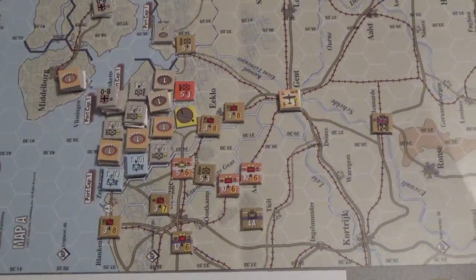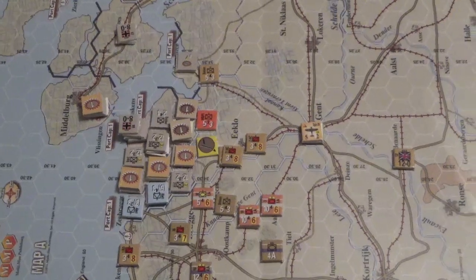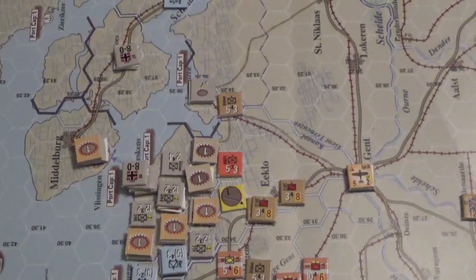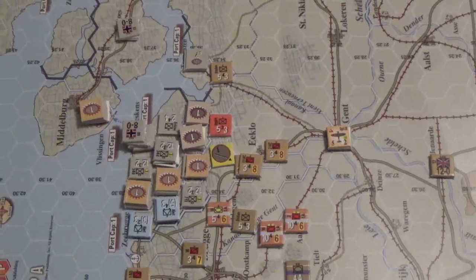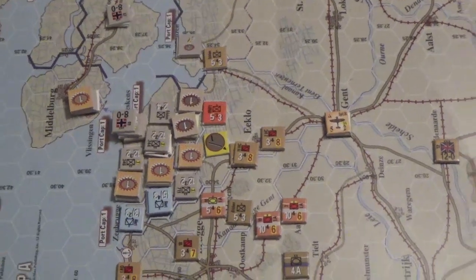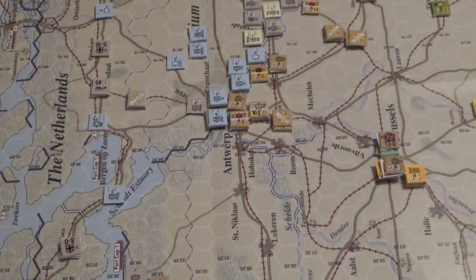So this is the end of turn 5. We have 3 more turns left in September, which is important for the ferry here that allows 3 RE for the Germans to get over. And looking at the amount of force that's in there, I need to get a lot of those units out of there to help the defense along the peninsula here and Antwerp, slow that down,